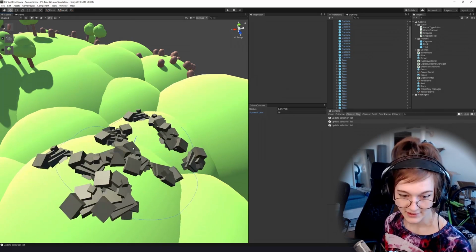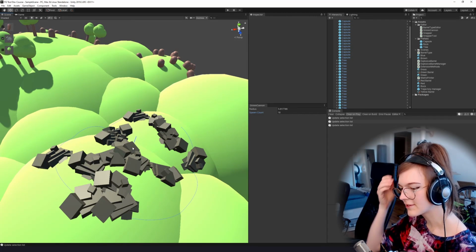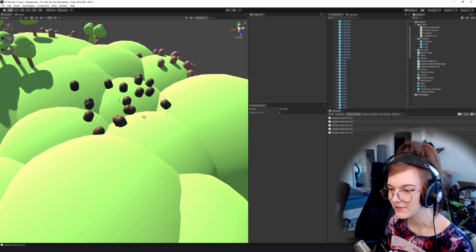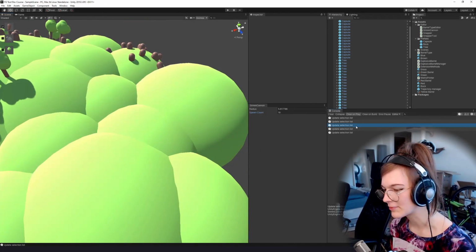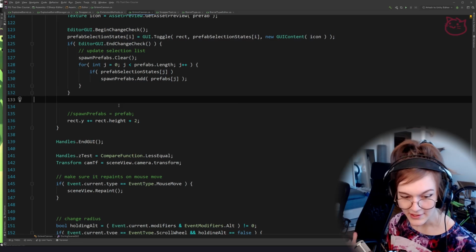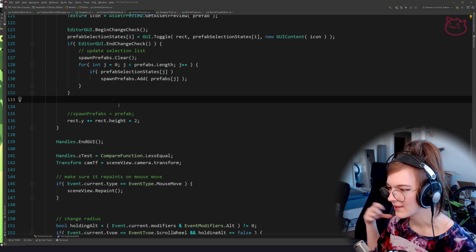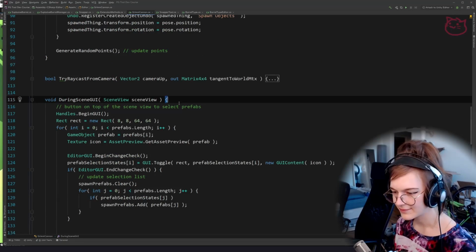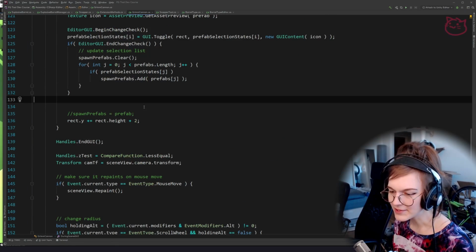But right now it's only using the first one, right? So it's not caring about our selection. It's just picking the first one in the array, which kind of defeats the whole purpose of doing this, right? So what we need to do now is randomize which mesh it's using per spawn point, right? And the way we do that,